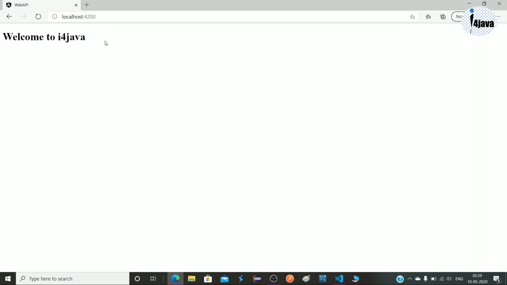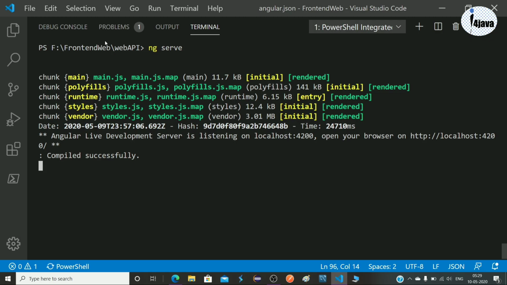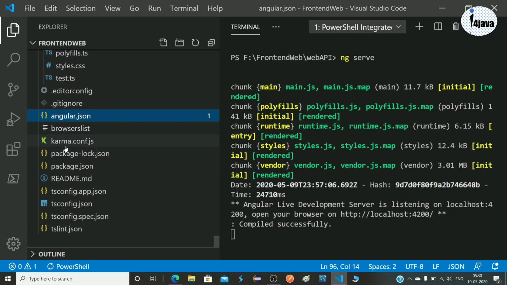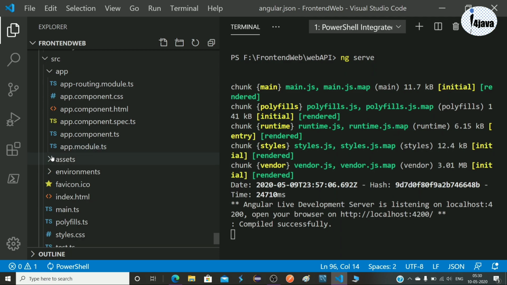Before moving further, let's add some more things, like we will use some images. For that I am creating one image folder inside the assets folder.